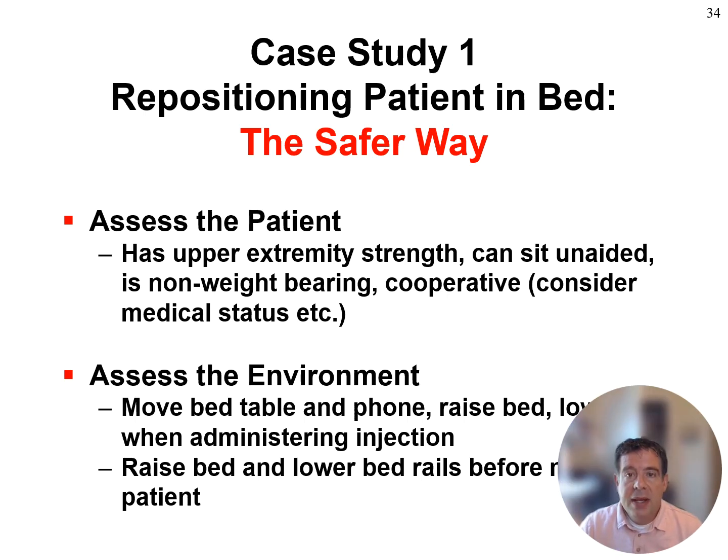So safer ways, other things to consider is access to that patient. Assess the environment for all those slips, trips, and falls that we mentioned. One research thing we did in Puerto Rico, the homes are much smaller. Usually they're one bedroom, less than 1,000 square feet. So there were a lot of things in their way causing that nursing aide to bend a lot more to access the patient.